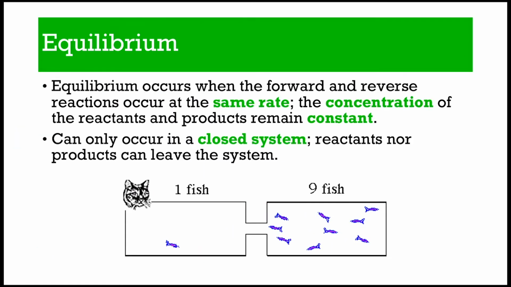Right. So when we're talking about equilibrium, it kind of looks like the word equal is in there, and that does play a part in some of this. The definition, if you were to look it up in a boring chem book, would say that the rate, or the speed, of the forward reaction and the reverse reaction are happening at the same rate, meaning they're happening at the same speed. And that the concentration, so the amount of stuff,